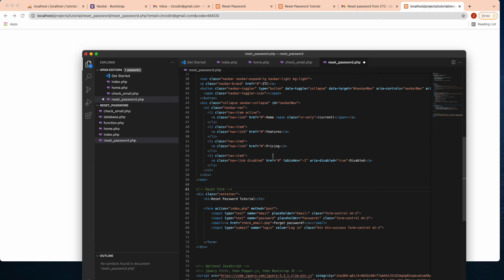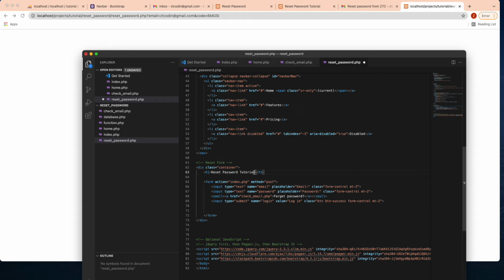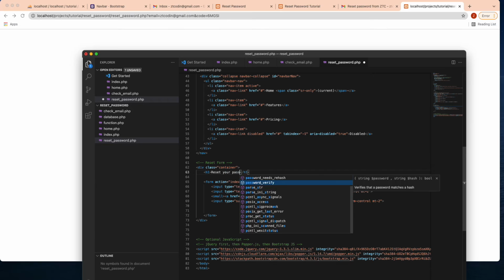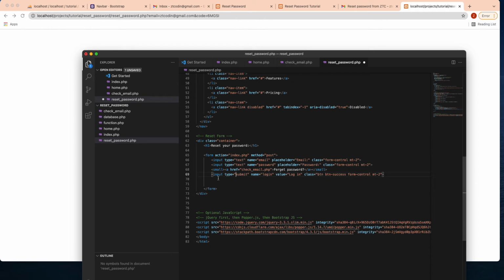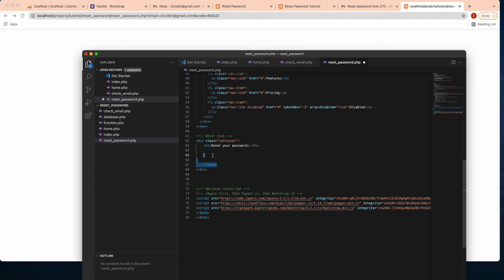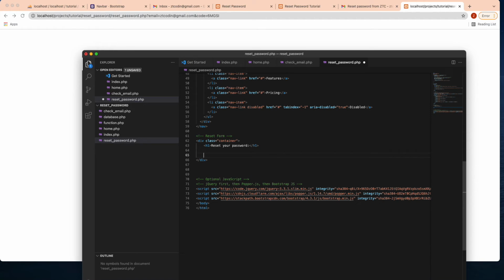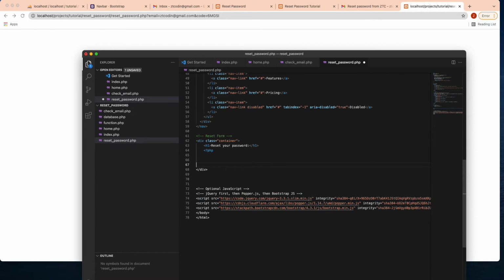And this one here, you can do something like reset your password. Alright, so what we want to do is we do an if to check if the code is correct. So we don't actually check if the code is correct, but what we can do is to check if